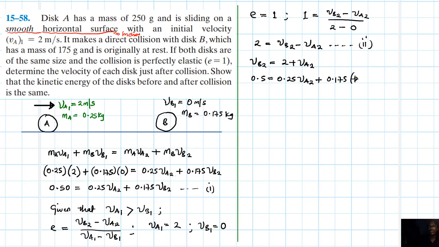Then we feed this as 2 plus VA2. So if we are to sort out this, our VA2 is just going to be equal to, let's sort out this one, so 0.25 plus 0.175,